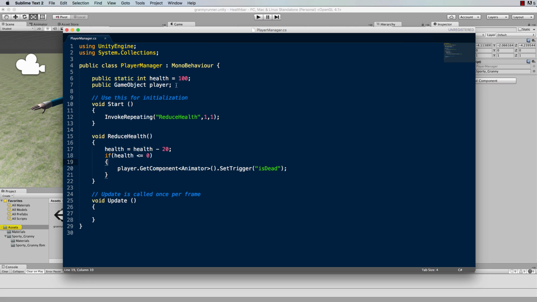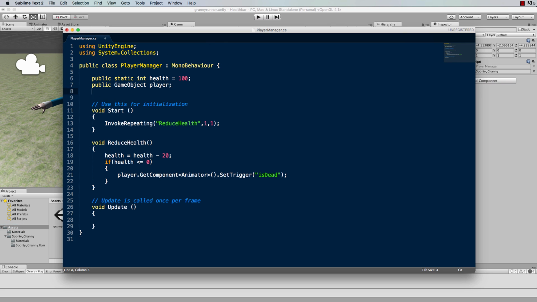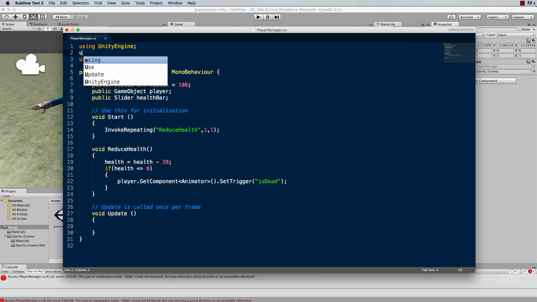Here's our code with our player. We're going to create another public exposed variable, which will be a slider, which is our health bar. Now, if you save this and wait for Unity to update, it's going to give us a nice big fat error that we can see down here. It says the type or namespace name slider could not be found, and that's because we need to include the using UnityEngine